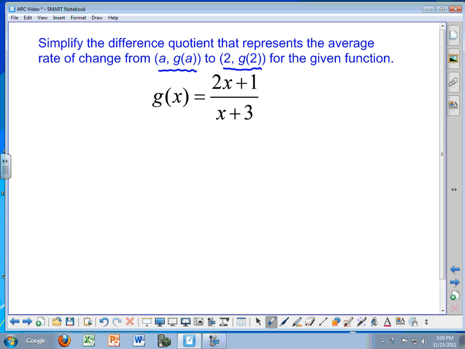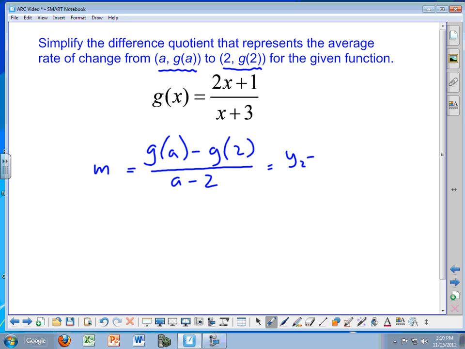So I'll write g of a minus g of 2 over a minus 2, where that now is our slope, which is representing the y2 minus y1 over x2 minus x1, or the slope. In this form, the difference quotient. Substituting these numbers in to our function g of x, we end up with the following: